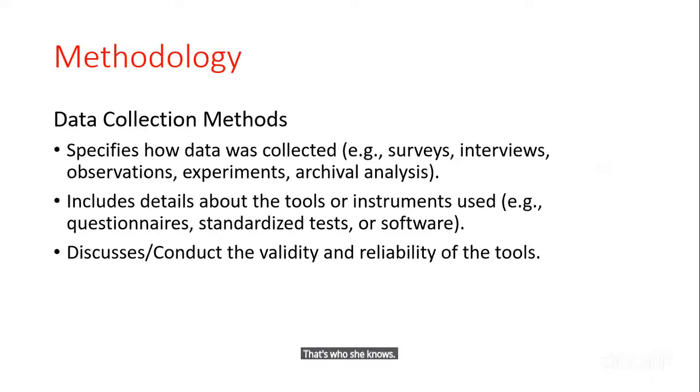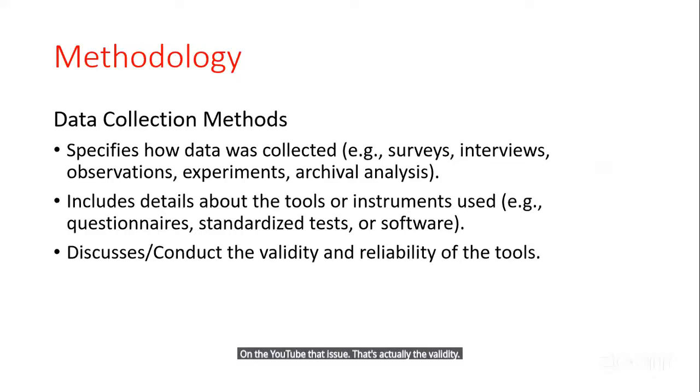Okay, so the result will come out in the form of 0.9, 0.8, 0.9, 0.8. The closer it is to 1, the higher the validity of that instrument. We use correlation to assess them. So the closer to 1, the more the validity of that instrument. So that's how to measure the validity of that instrument.